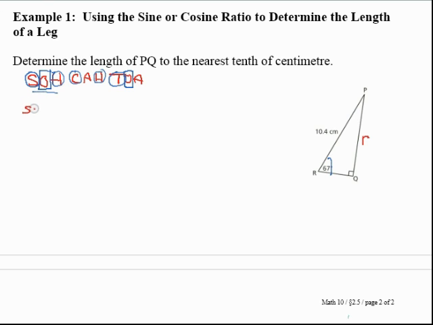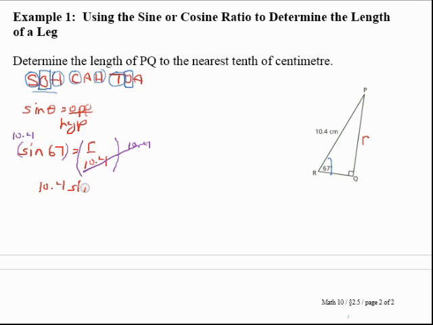So we'll write out the base equation of sine theta equals opposite over hypotenuse. And then we plug in what we know from this situation. So sine 67 equals r over 10.4. Then we need to just use some algebra to solve for r. So we're going to multiply this side by 10.4, which cancels out. We're going to multiply this side by 10.4. And we then have